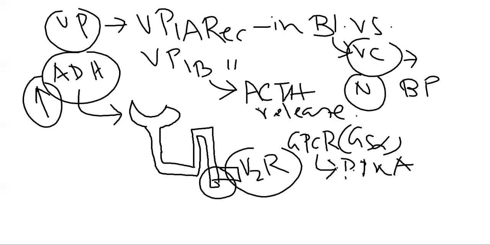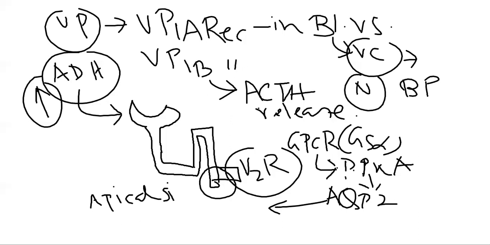This protein kinase A ultimately helps to synthesize the channel known as the aquaporin 2 channel. This aquaporin 2 channel ultimately attaches at the apical site of the collecting duct, the late part of the collecting duct, by the action of the microtubule. This aquaporin 2 channel will attach at the apical site, and from there they help in the reuptake of water from the collecting duct, or reabsorption of the water will take place by the aquaporin 2